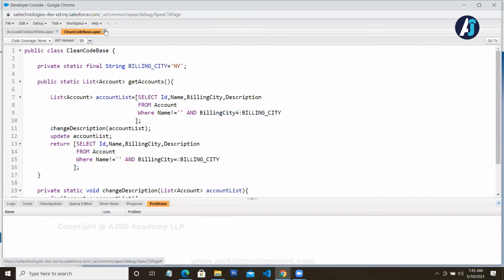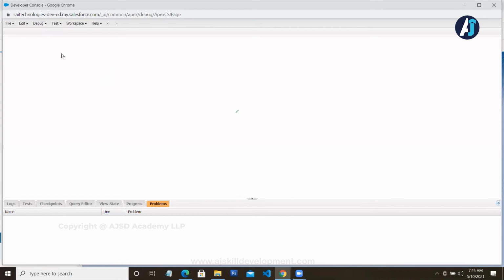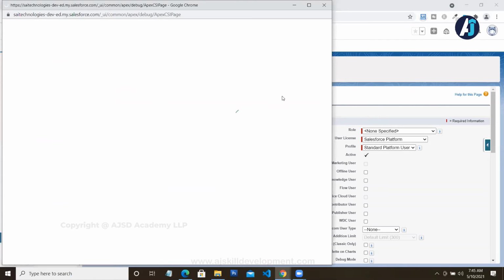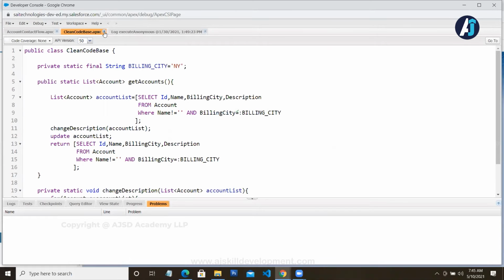This is your code environment. This is the environment where you will be writing your code. I'm closing it and opening it again so you can have a clear picture once again. I'm going to click this setup. I'm going for Developer Console. Once I click this, automatically your window will open up. So what I'm seeing on my screen is